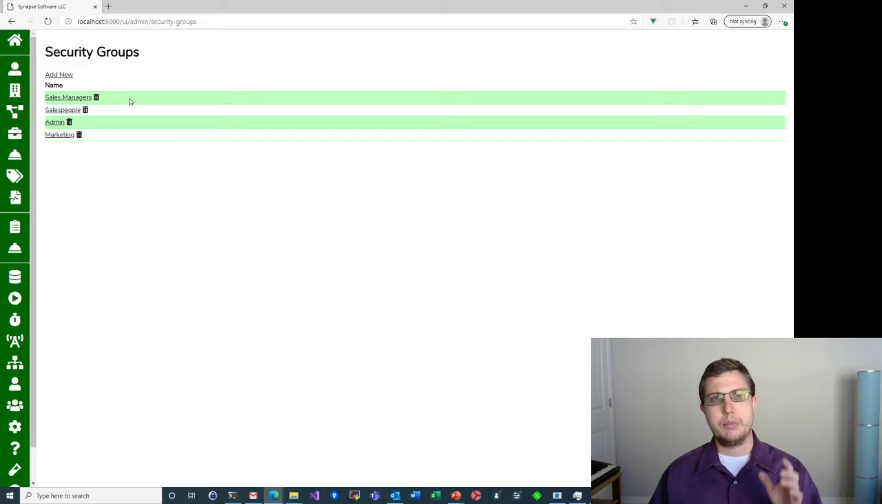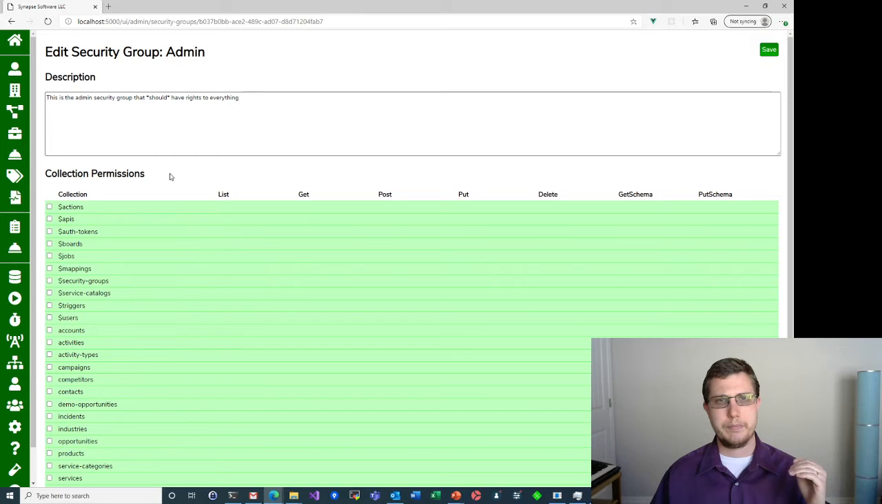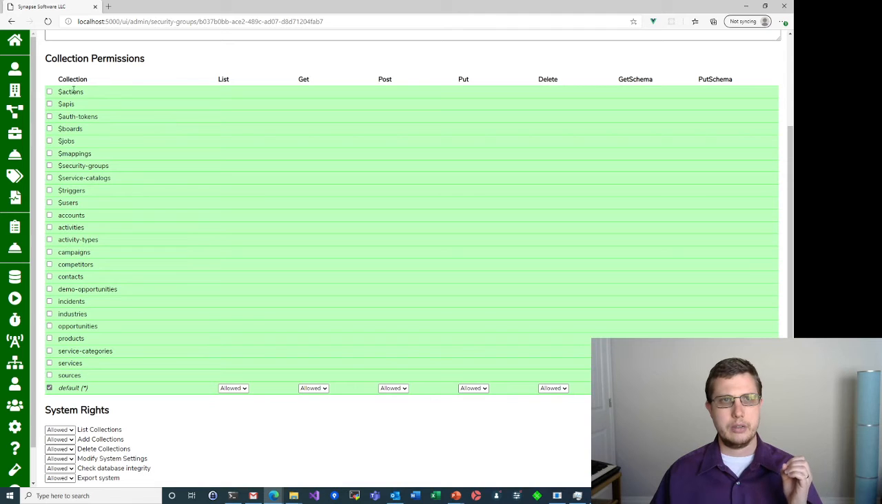Now the admin group is important. There's nothing special about the admin security group. It doesn't have a specific ID, it doesn't need to have a specific name, but the important thing here is that you'll notice that, as the description spells out, this is the admin security group that should have rights to everything. And the important part there is, notice that in my list of collections down the left-hand side here, nothing is checked, which means that nothing is specifically